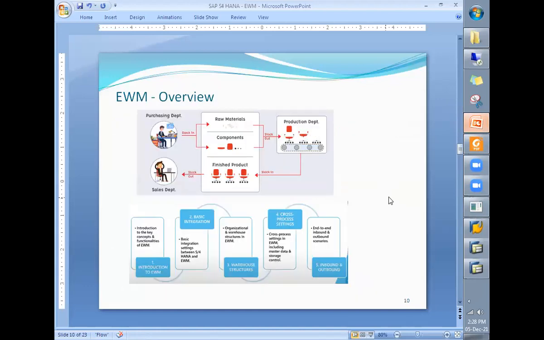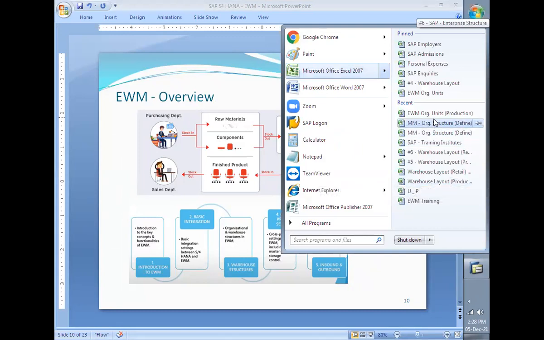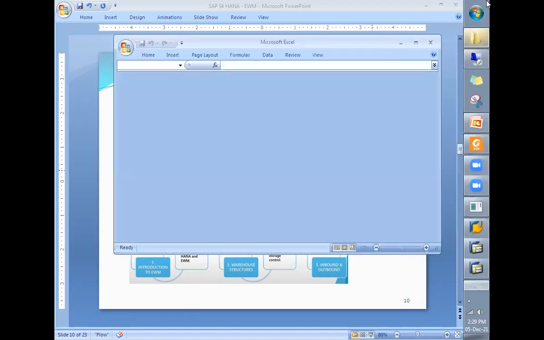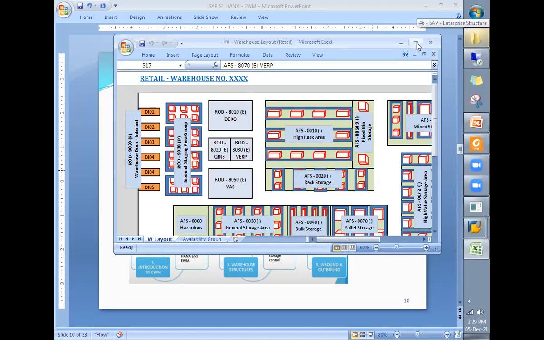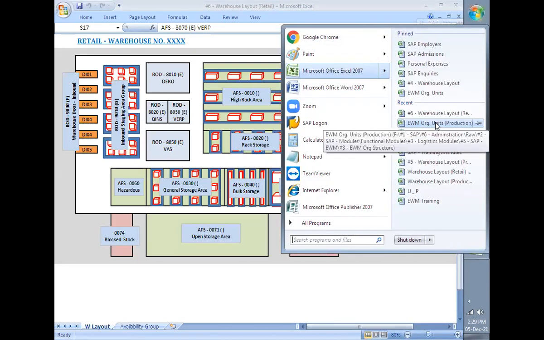All right, so here I was giving the overview of EWM, from the manufacturing industry point of view. And for demonstration purposes, we will be considering the warehouse layout of a retail or trading industry, as well as the warehouse layout of a manufacturing industry.